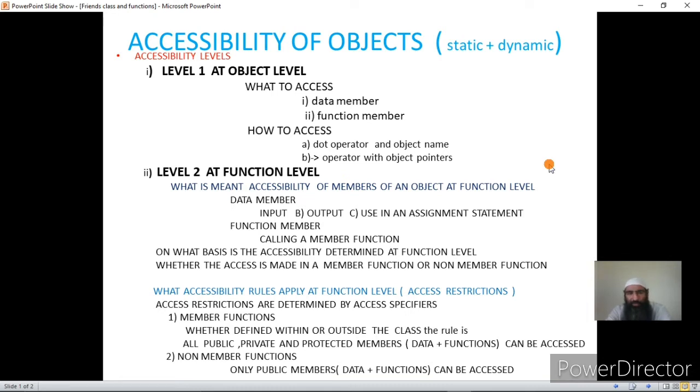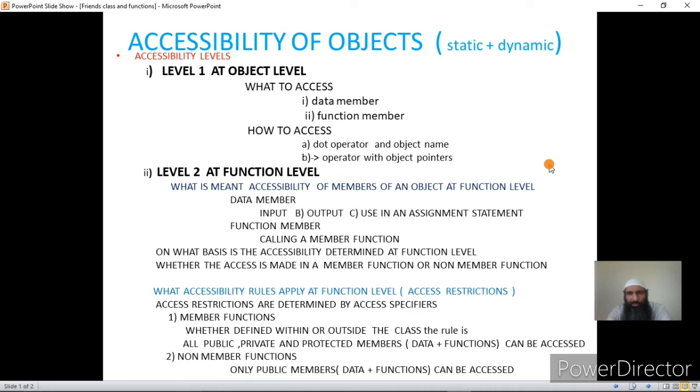This applies to user defined objects also, like variables; the naming rules for objects are the same as those of variables. That is, two objects cannot have the same name if they are declared within the same function. Two objects can have the same name provided they are declared within two different functions. Again, two global objects cannot have the same name. So we are actually referring to each member or each location of a memory with a unique name, whether we are using the object or the variables of a primitive data type.